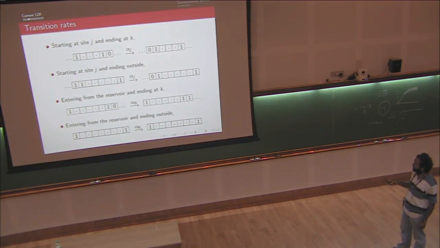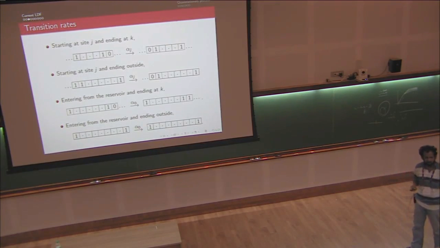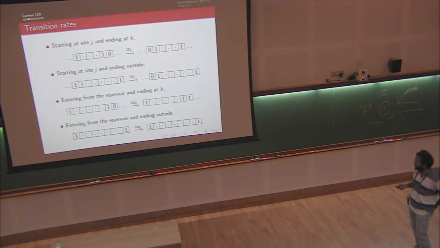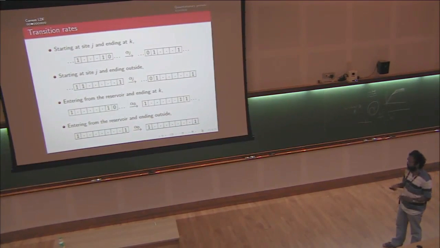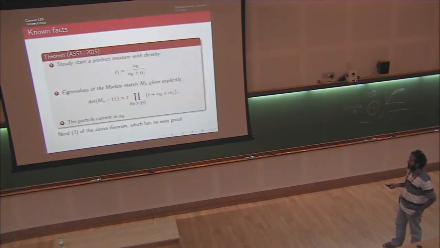Yes, so the alpha j's are site disordered. If a particle is at the jth site, it jumps with rate alpha j, no matter where it ends up. Those of you who are familiar with this kind of thing know that a particle is entering with rate alpha 0 no matter what. So it's a Poissonian kind of statistic. No matter what configuration there is, a particle is going to enter from the left with rate alpha 0. So the current in the system is alpha 0.